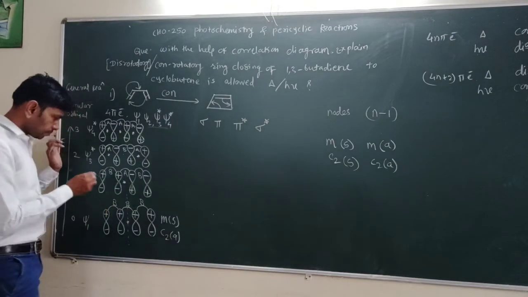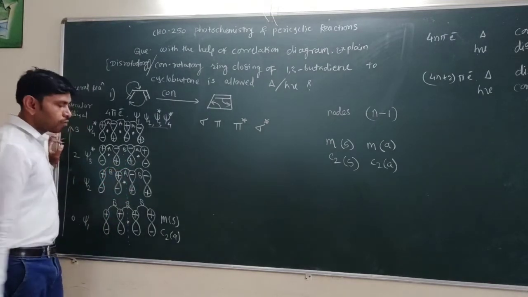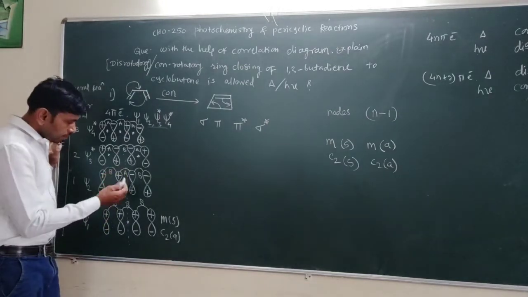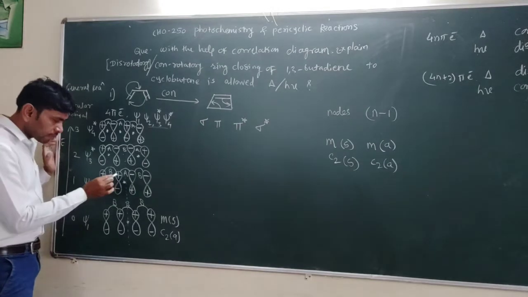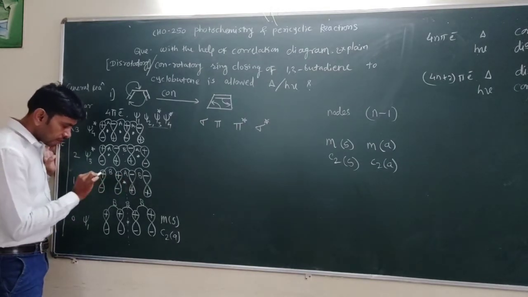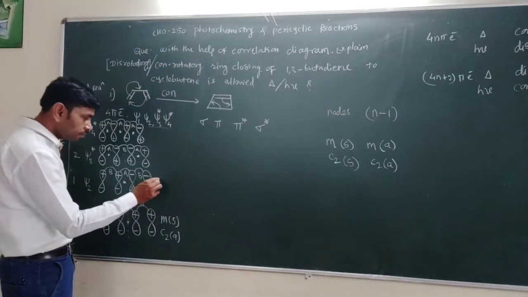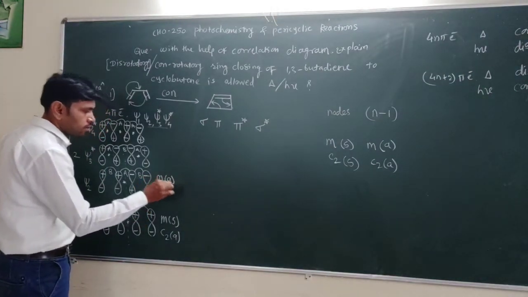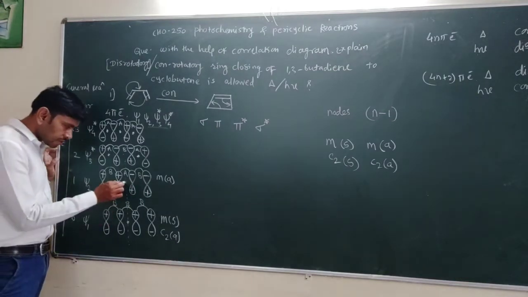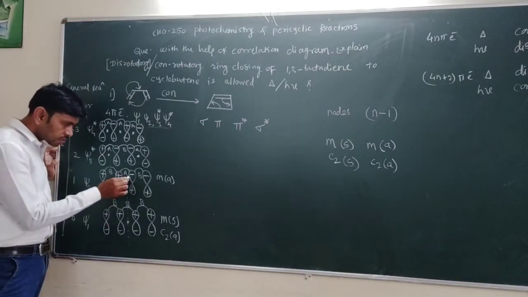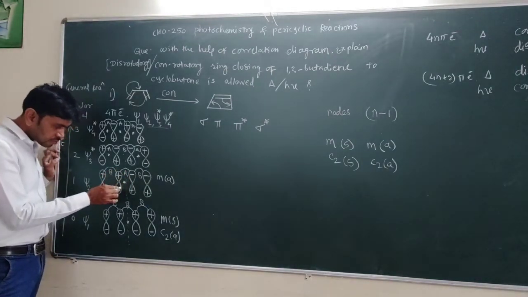Go for the second one, the second orbital. Now pass the plane. When we pass the plane, fold the orbitals. Then what happens? This plus coincides with this minus, and this plus coincides with this minus, meaning opposite signs overlap. That means M asymmetric. And what about C2 symmetry? Consider the central point, go some distance. We observe a negative sign, and go the same distance but in the opposite direction.